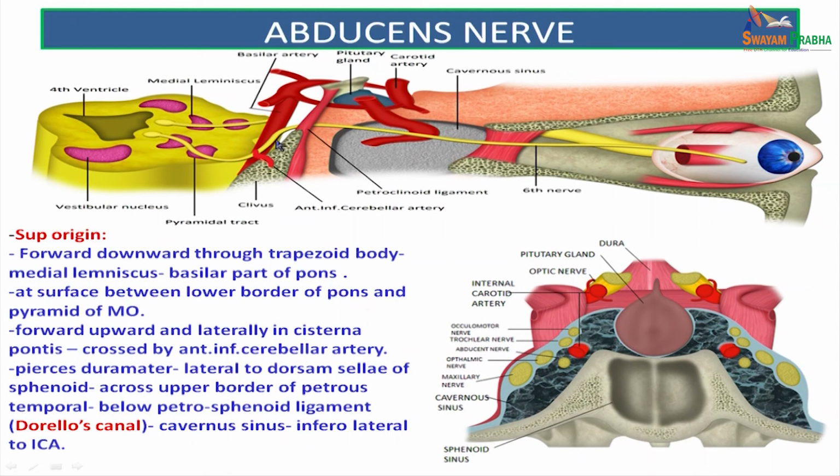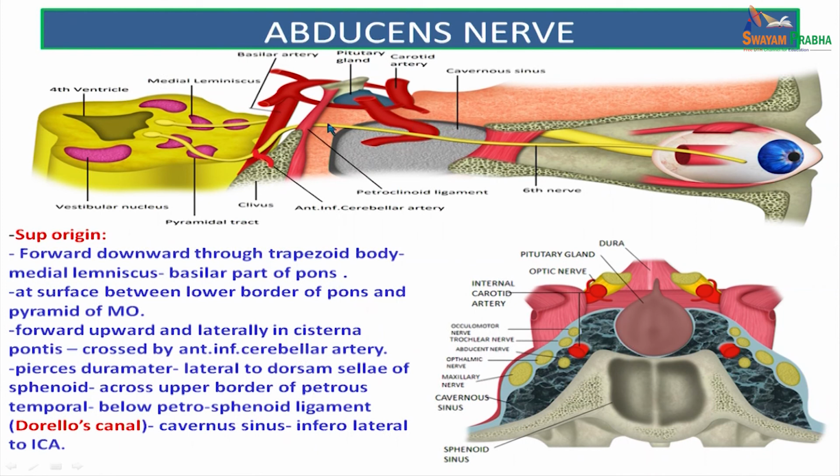It crosses the upper border of the petrous temporal bone, almost at the apex of the petrous part of the temporal bone, below the petrosphenoid ligament, which forms a foramen called Dorello's canal. So, it takes a sharp 90 degrees bend and then enters into the cavernous sinus, which is inferolateral to the